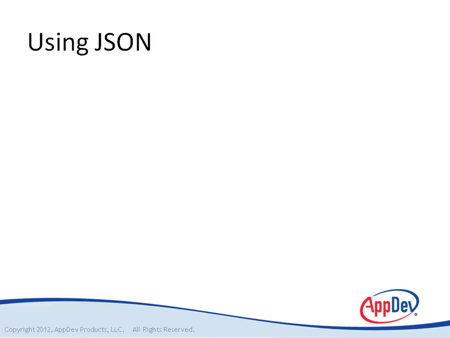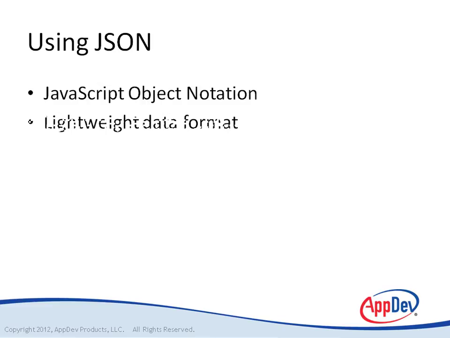And we're going to talk about JSON here at first because this is JavaScript object notation, and it is a lightweight data format. And the reason that we call it a lightweight data format is because prior to JSON becoming popular, probably XML was the most common way to exchange data between services and clients in sort of a disconnected web fashion. And if you've ever used XML before, you know that XML has quite a good deal of rules